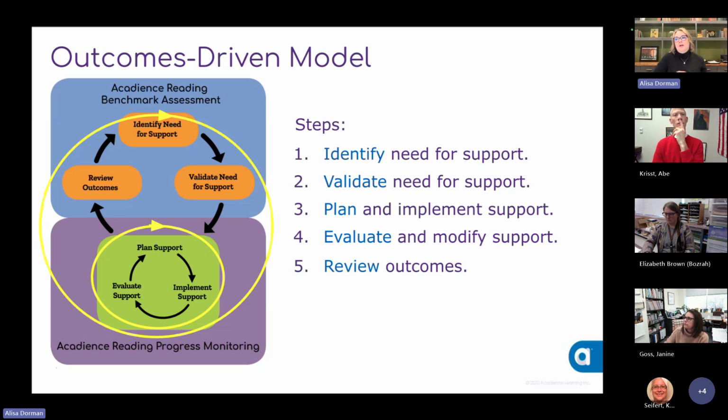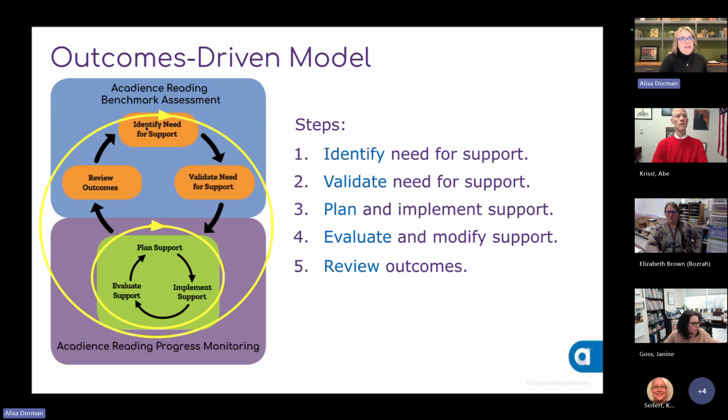And we do this all throughout that first semester until we get back to the middle of the year benchmark period. And then we come to step 5 when we return back to the upper part of this graphic, and we use the benchmark data here to say, how did we do? So these are our 5 steps. Once you have your middle of the year data, then you move your middle of year data to start again, step 1. And then middle of the year data sets up your next semester. So that's where we are now.